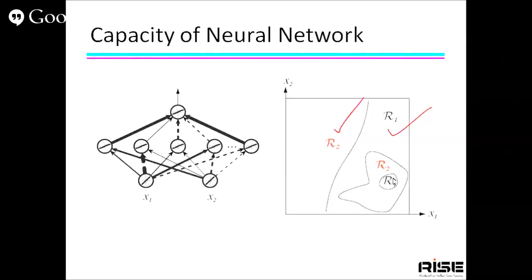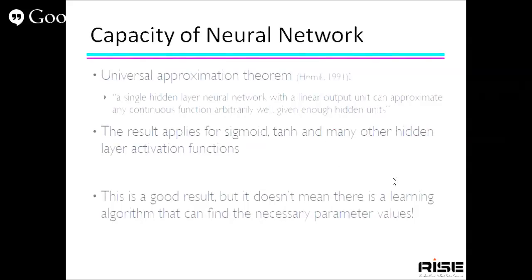So the capacity of a neural network is formally